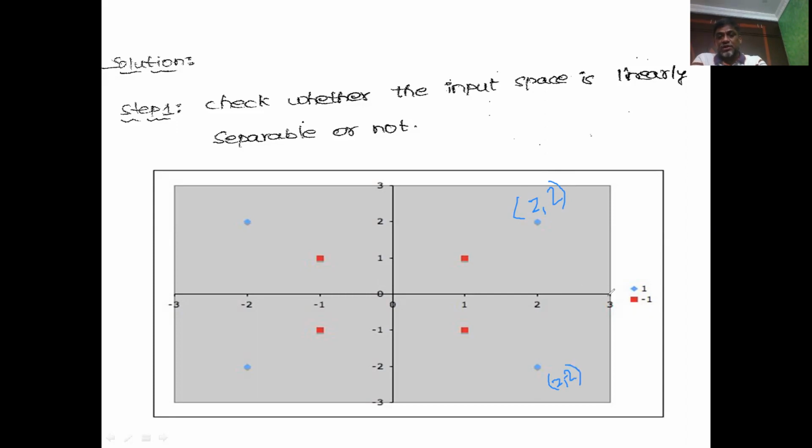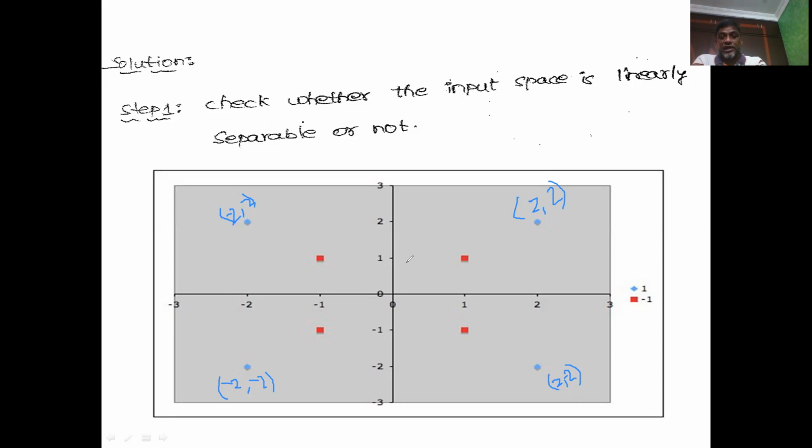We took something like this. Okay, a simple graph with x-axis and y-axis. Okay, and represent the points. This point is going to be -2 comma -2. That represents a positive label. So all the blue dots represent positive labels. This is also a positive label. And this is -2 comma 2. This is also a positive label. Okay. So there are 4 positive labels given, and these points are represented in the graph.